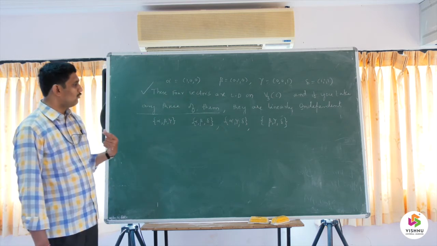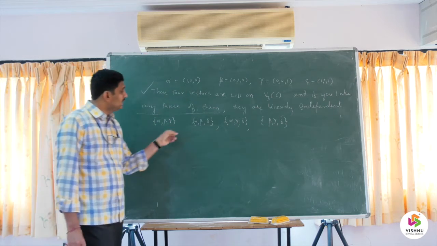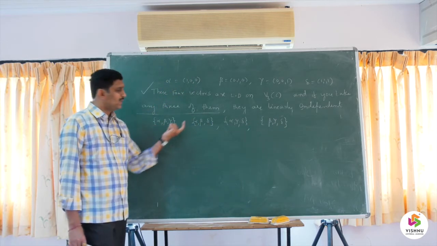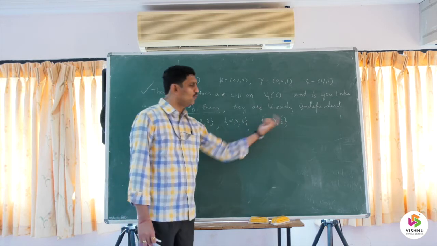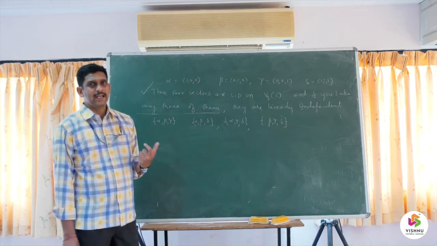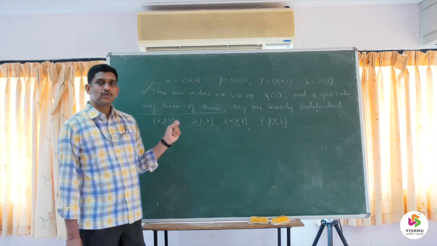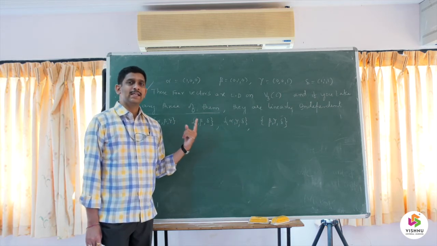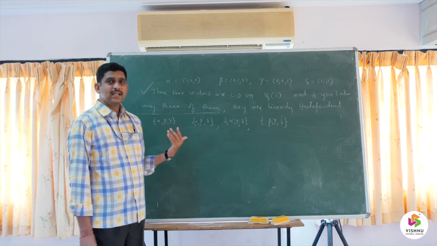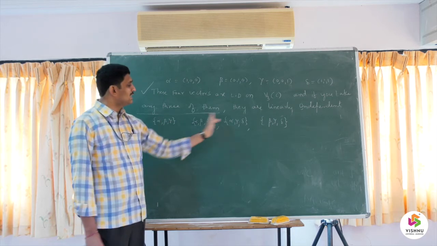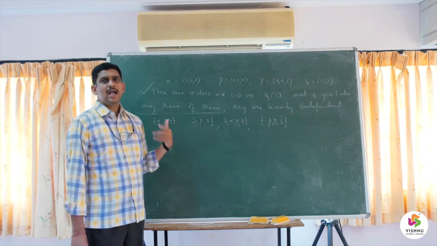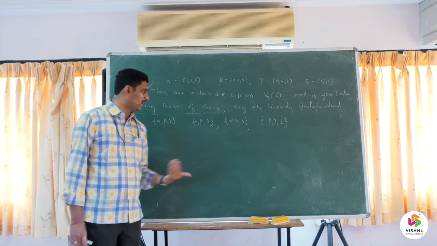So here what we need to show? We have to show that each set is linearly independent. So first is linearly independent, second, third and fourth. Each one is linearly independent that we need to show. So for this, we will consider one set and we prove that it is linearly independent, and we write that similarly we can prove the remaining sets are also linearly independent. So we prove for one and similarly other results will hold automatically.